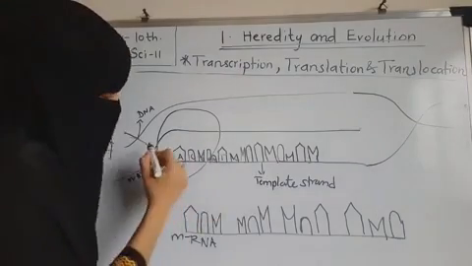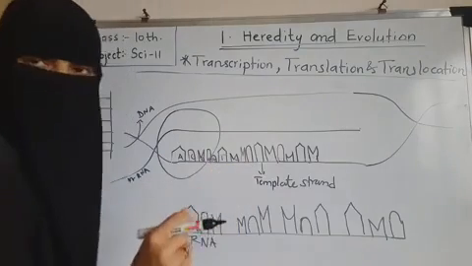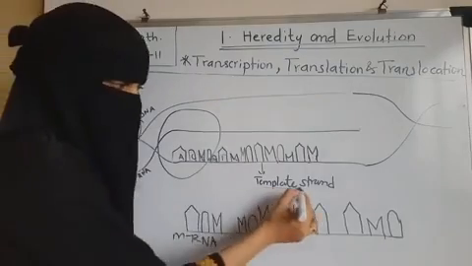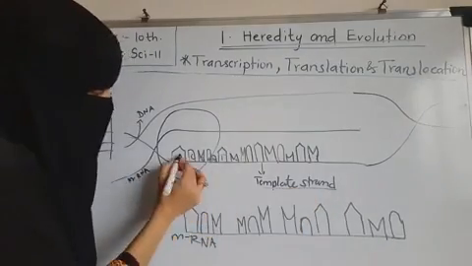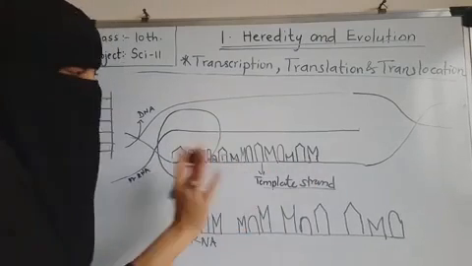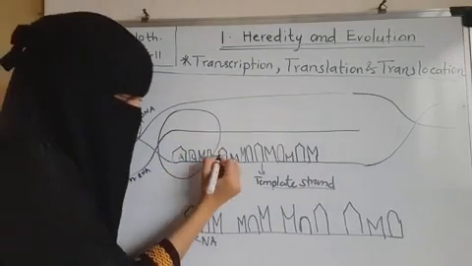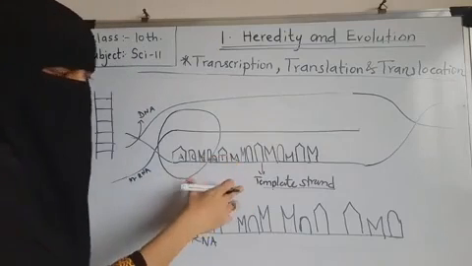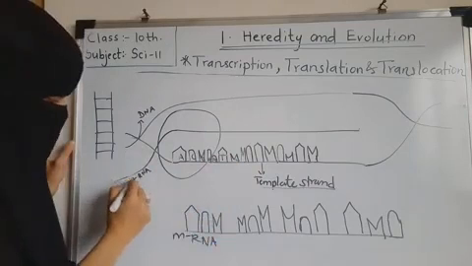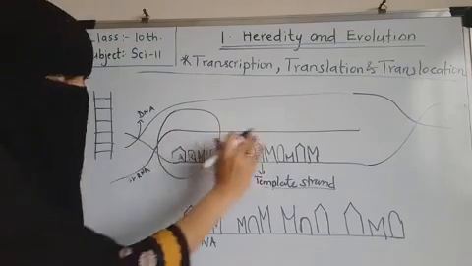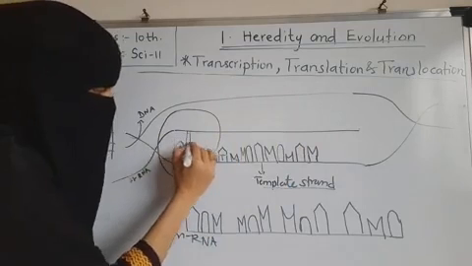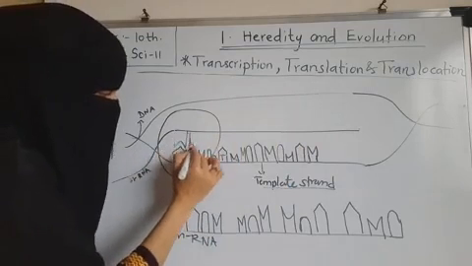One more thing, the strand which you are going to use from DNA for synthesis of messenger RNA is called the template strand. So here I am writing A, C, T, G, G, whatever is the nucleotide sequence, but here I am writing T, since it is a template strand that is from DNA. Now we are producing messenger RNA. So while drawing the sequence on messenger RNA, you have to pair it.